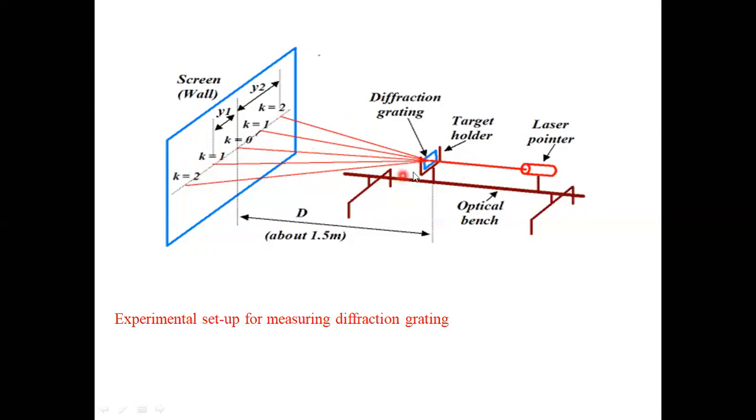So two phenomena are occurring here. The first is diffraction, the second is interference. First the light is diffracted, and then the diffracted beams interfere with each other to give an interference pattern on the screen. Here we get five bright spots. This is the first spot, this is second, third, fourth and fifth. What are these five spots? I will discuss further.